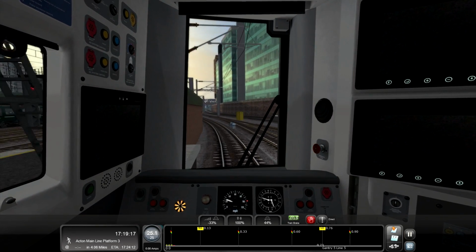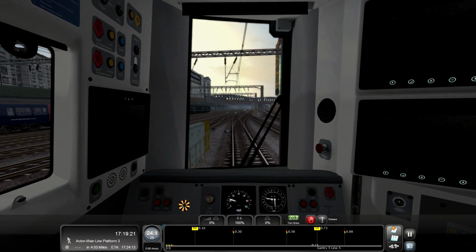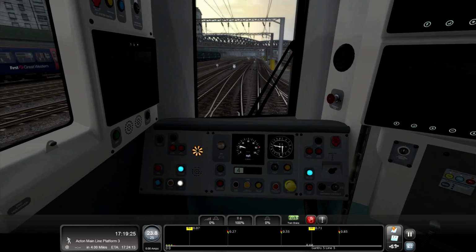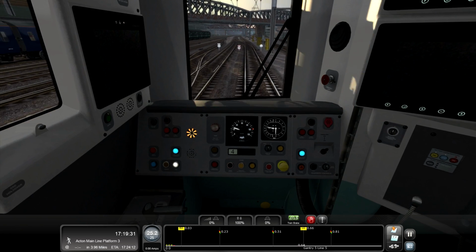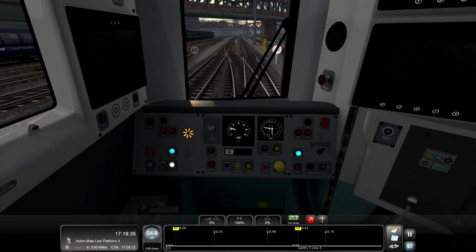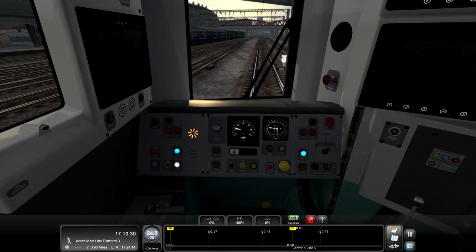That's it, 25. Nope. When you lag, the controls... pushing one press on the keyboard doesn't always necessarily do what you want it to do when the game starts to lag. You'll push it, you'll hear the sound, but it won't necessarily move the control. That's very frustrating. It's why I'd like something like the Rail Driver, so you can actually physically see where your